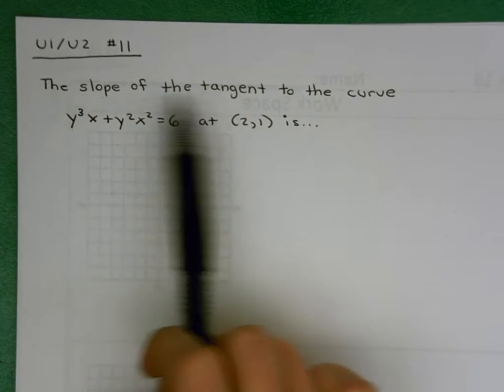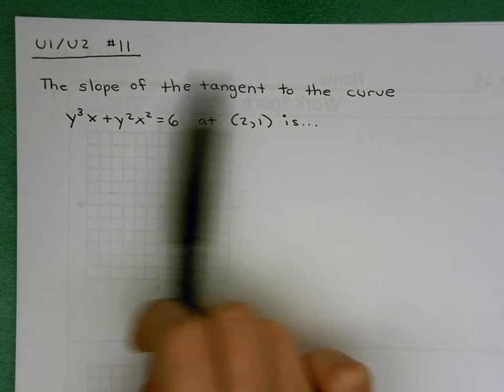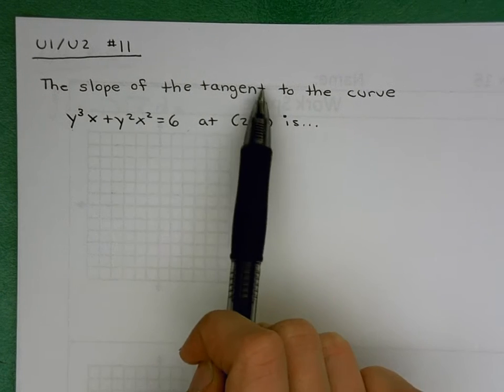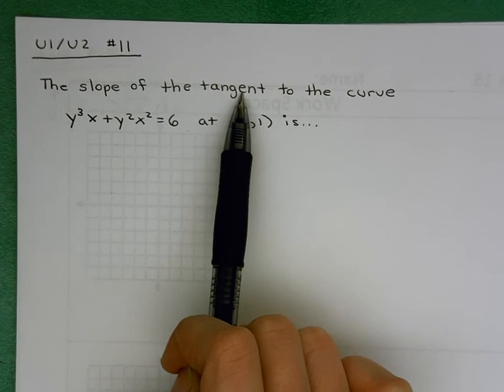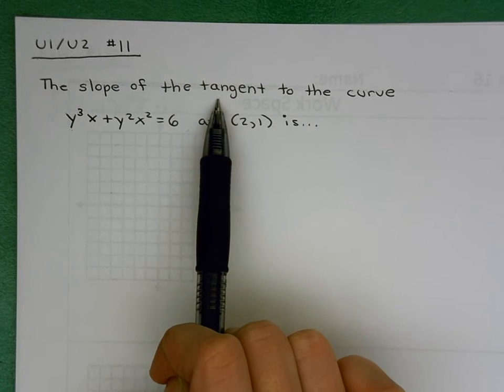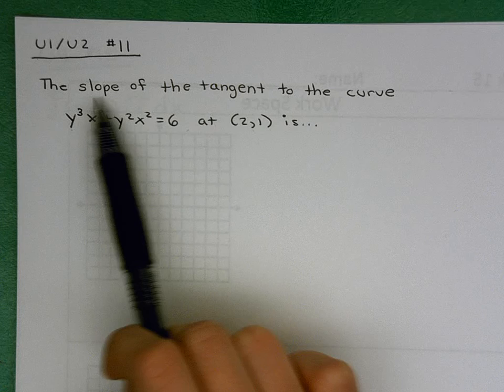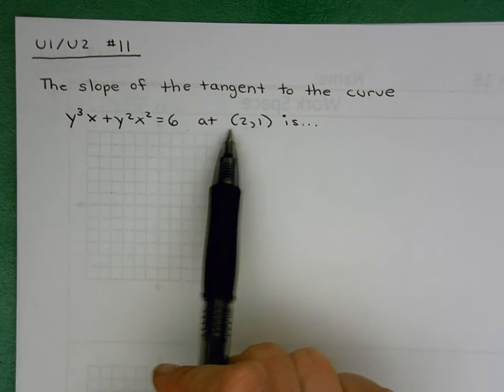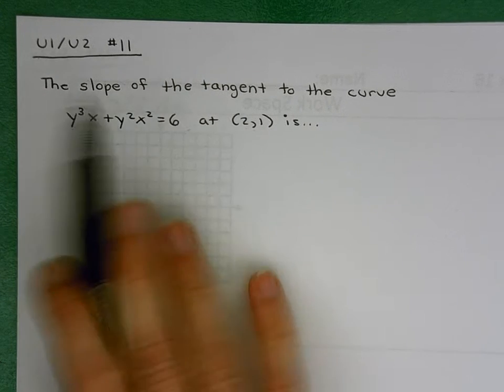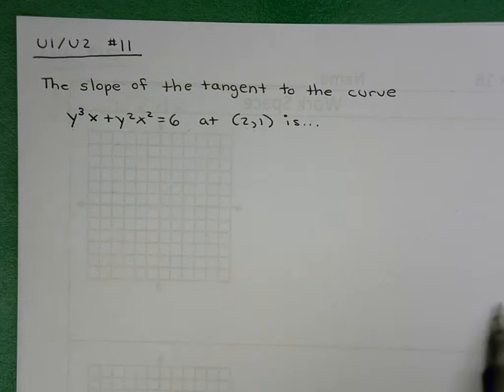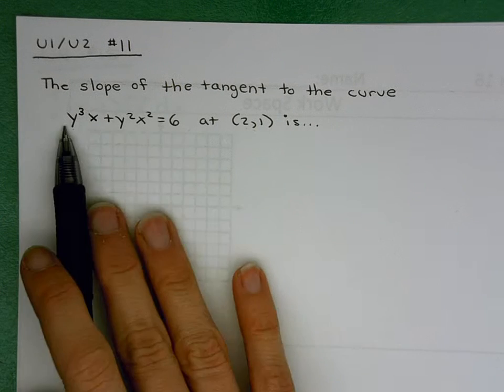Okay, slope of the tangent line, we should know our calculus term for that. When you see slope of the tangent line, okay, that means derivative. And so they're asking us, what's the derivative at this point? And so after we take our derivative, we're going to be plugging in (2, 1), right? Okay, so taking the derivative of y cubed x plus y squared x squared equals 6,